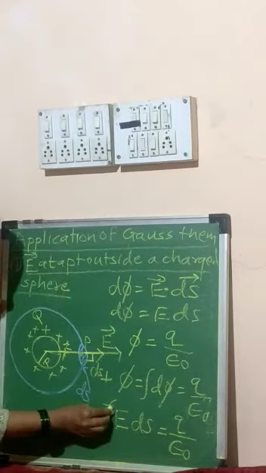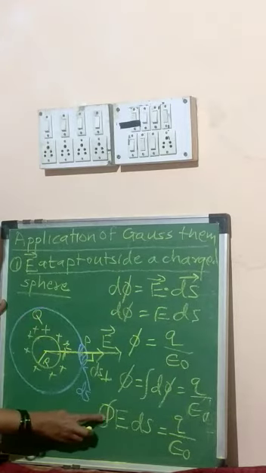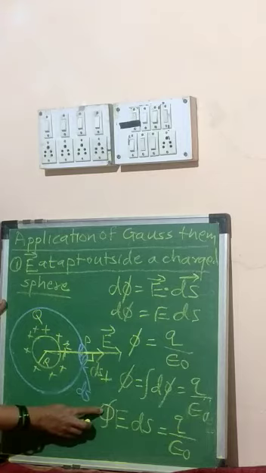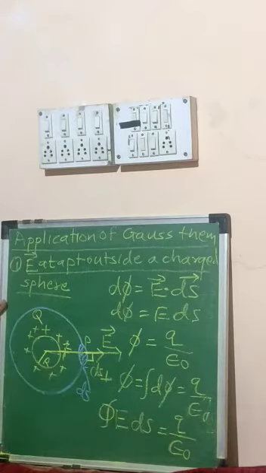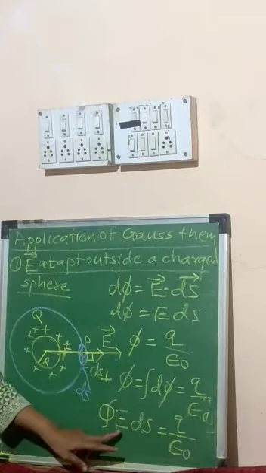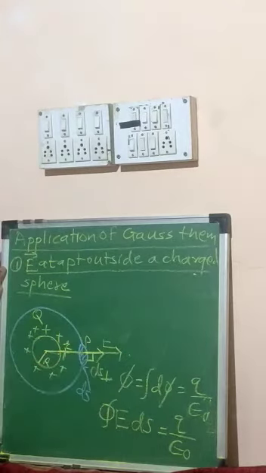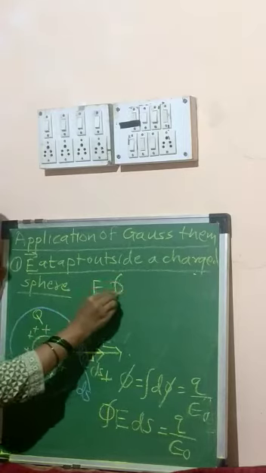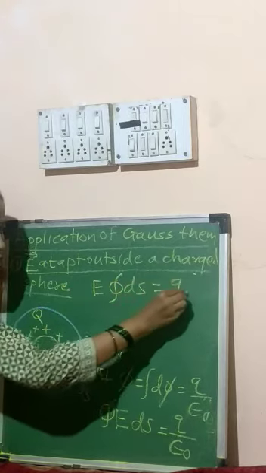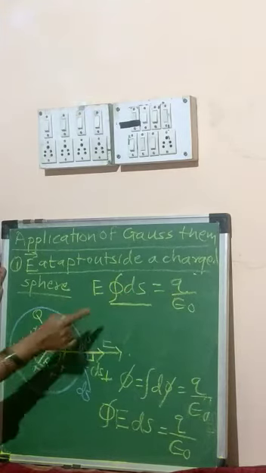Now this integration is over a closed surface. Over a closed surface means over this closed surface area you have to take the integration. Therefore, I have written this closed surface integral of E ds is equal to Q upon epsilon naught. Now, in this integration, E factor is constant. So I can take E factor out of the integration, and if I do that, I can write down here intensity E closed integral of ds is equal to nothing but Q upon epsilon naught. Now I have to put this value of closed integral of ds.